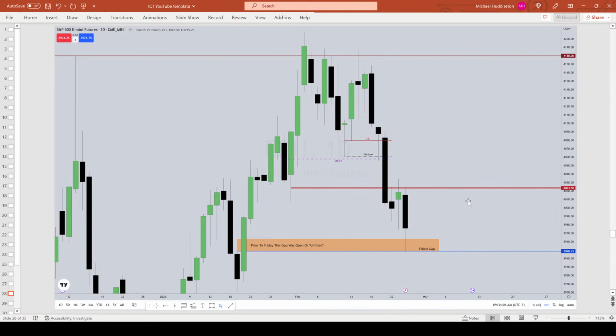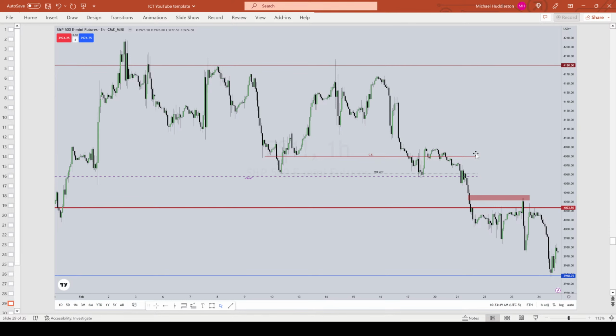Back to our chart here with all the details. Okay, so we're going to use these levels here now when we drop in. Hourly chart here with all the pertinence. Old low, consequent encroachment of the wick, order block, mean threshold, and we break down through it, and there's that hourly gap. And here is that 4023.5 level, and this is where people get lost in the videos.